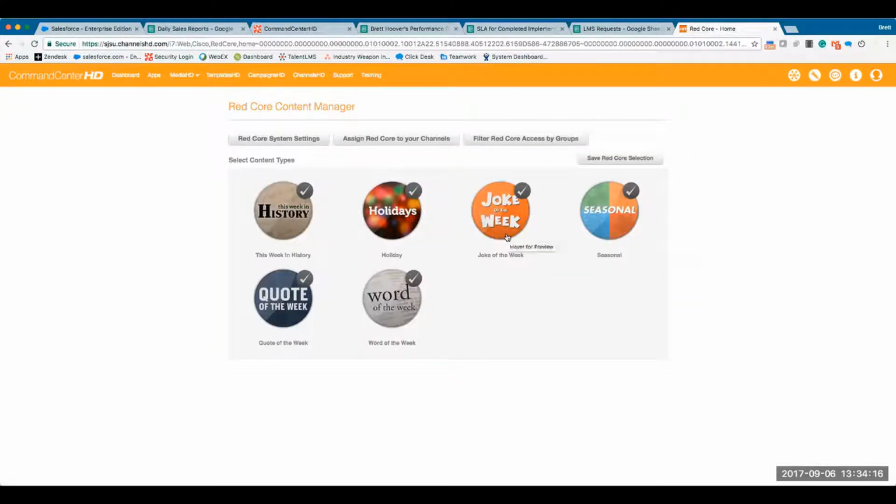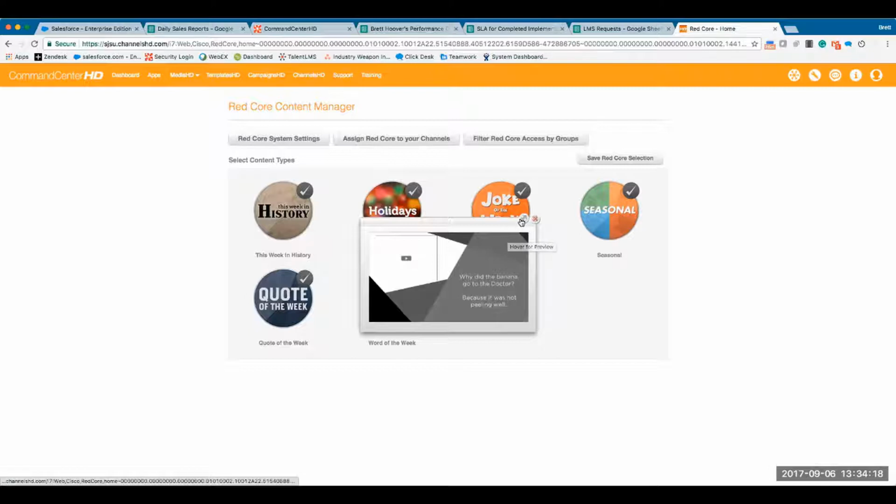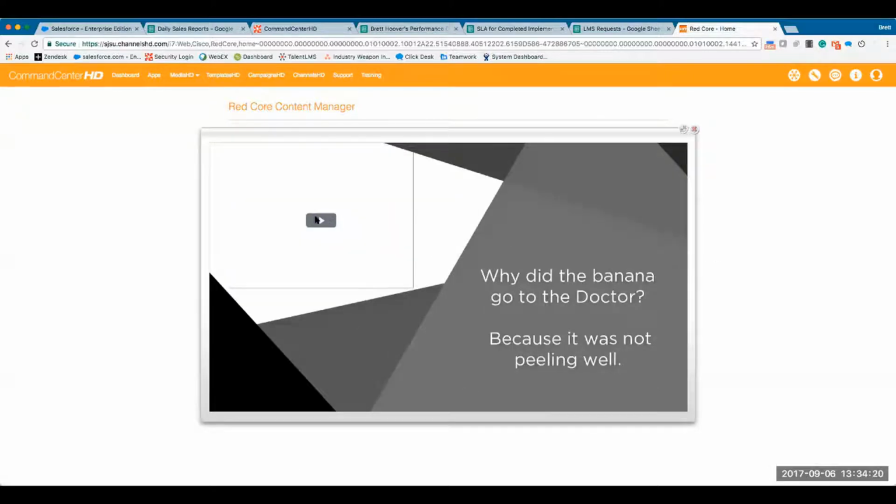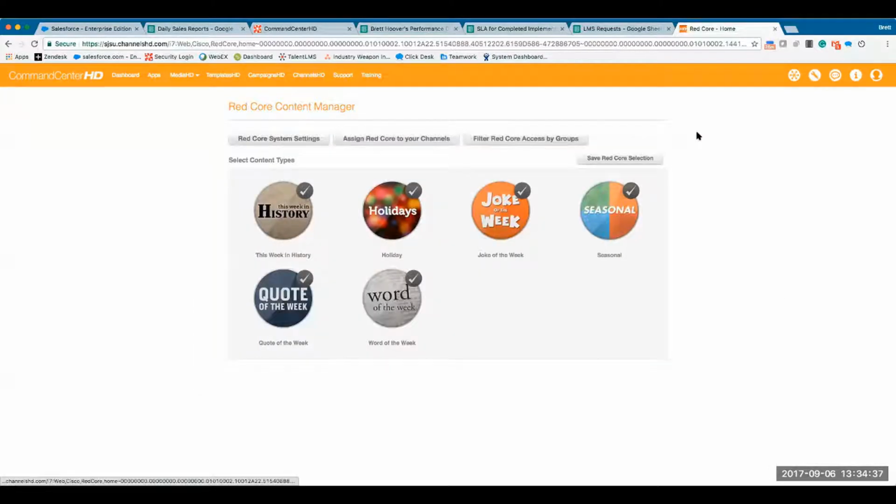The jokes, they're very punny. They're really innocent, but they're not always super funny. Elementary school kids love them. College kids, I don't know. It's like, why did the banana go to the doctor? Because it was not peeling well. So very punny. But they're not going to be scandalous, gross, dirty, or whatever. They're like dad jokes, really.